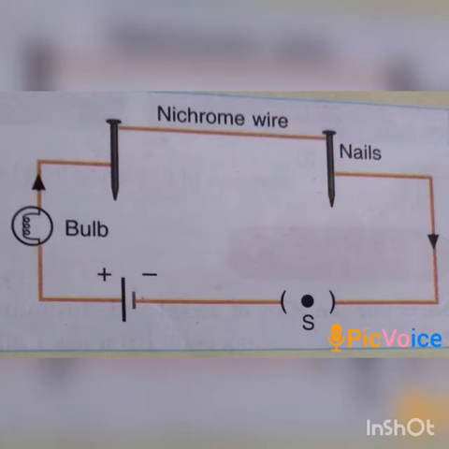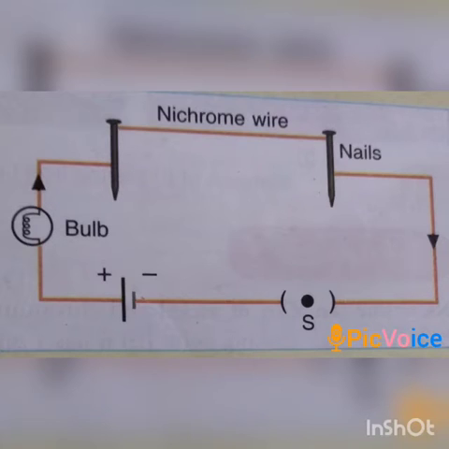Joule did a number of experiments to find the factors which affect the amount of heat produced in a given coil, because he found that in the different devices the amount of heat produced is different. So he did a number of experiments to find the factors, and after so many experiments he found that the heat produced in a given wire depends on, number 1, the strength of the current through the wire, number 2, the nature of the material, and the length and thickness of the given wire.